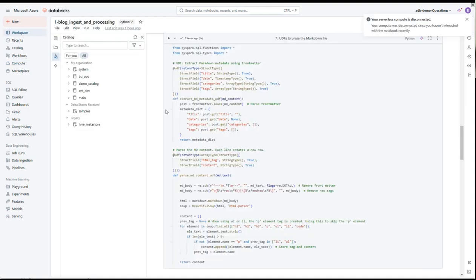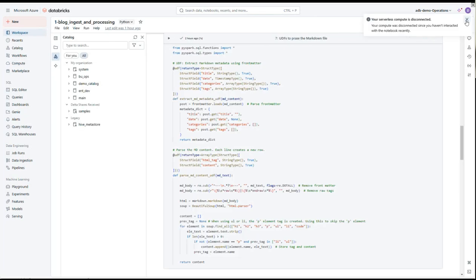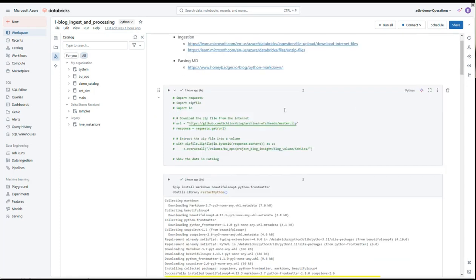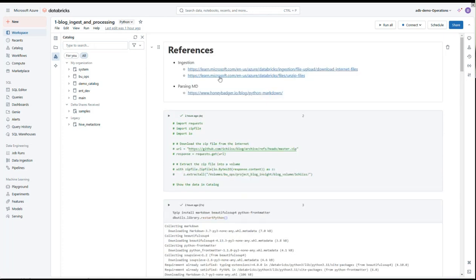Okay. So the next step, while we wait for this to be provisioned, is let's go grab our data from the blog, and then we will generate a clean data set, right? Because as you saw earlier, we only have a volume container. We don't have any Delta table yet. So in that case, I provided a few links here in my notebook. The links talk about how we download the file, how we unzip the file in Databricks, and how we're going to parse the markdown file as well,